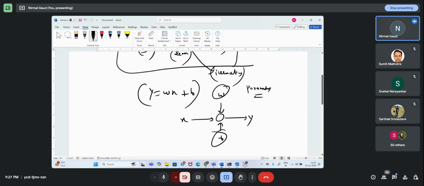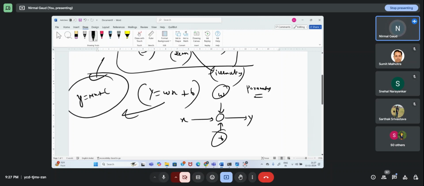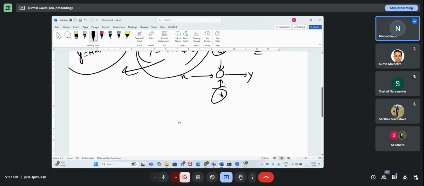You can relate this equation with y = mx + c. This is a linear equation, which we have already studied in our maths in 11th standard or in linear algebra. And because of this neural network, the person who devised this architecture got the Nobel Prize in physics.